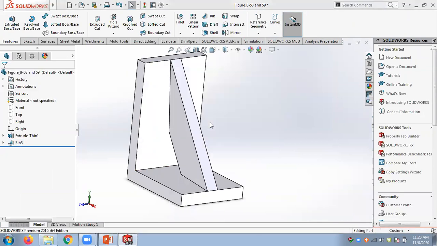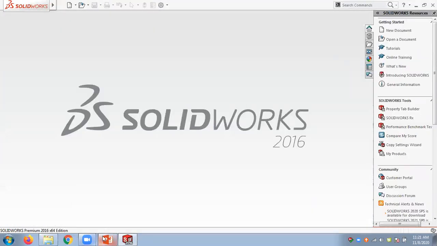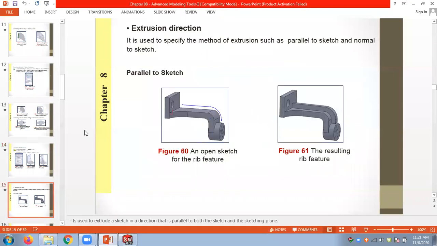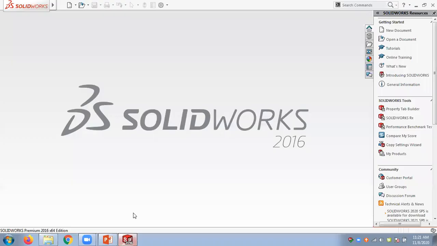If I elaborate this, these kinds of sketches also can be used to make ribs. This is a rib to support this structure. You don't need to connect these lines up to the boundaries. Automatically the boundaries will be taken. So if I just show this file,